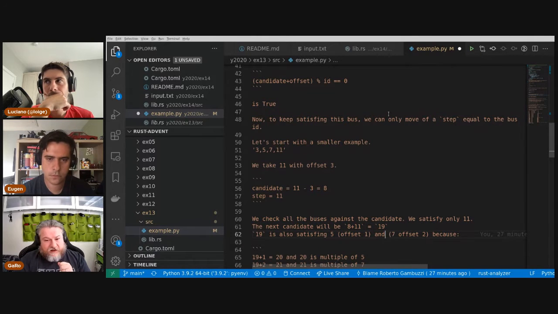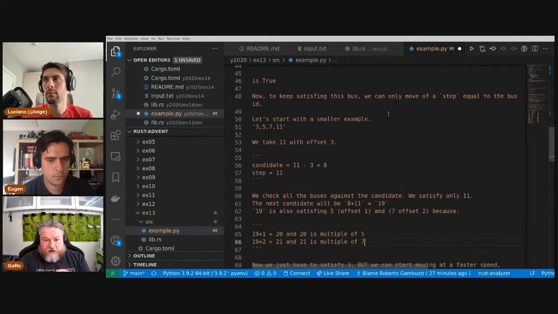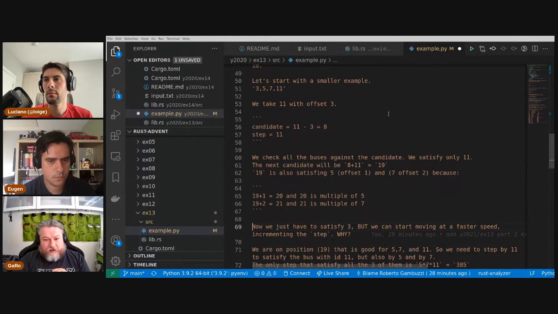19 is also satisfying 5 with offset 1 and 7 with offset 2, because 19 plus 1 is 20, that is a multiple of 5, and 19 plus 2 is 21, that is a multiple of 7. Cool. So now we have those 2 that are true. At this point, we can start moving faster,